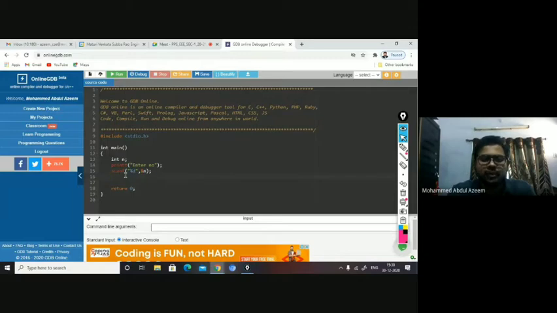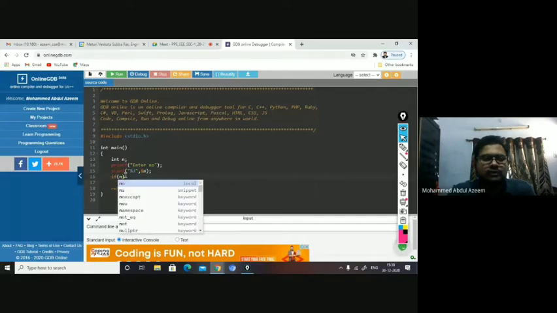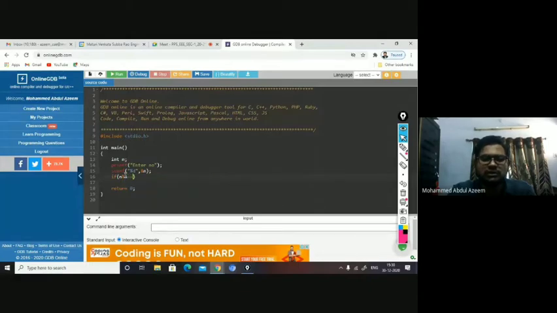Then I'm having an if statement here. If n mod 2, right? n % 2 == 0, where double equals is a comparison operator, equal to 0. printf. If I have a single statement, I need not give the braces, okay? printf. I want to print the number as well, so %d is even, right?